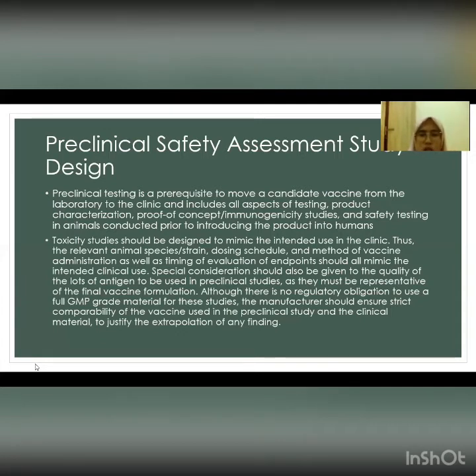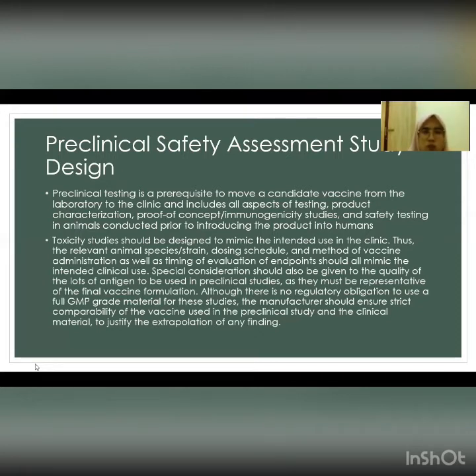And a panel of toxicity studies is required by the regulatory agency, such as single dose toxicity, repeated dose toxicity, and safety pharmacology, to address this question. The goals of these studies are to provide information on systemic toxicity and local tolerance, and also identify potential target organs for toxicity and assess whether such toxicity is reversible, and identify safety parameters for clinical monitoring and help plan